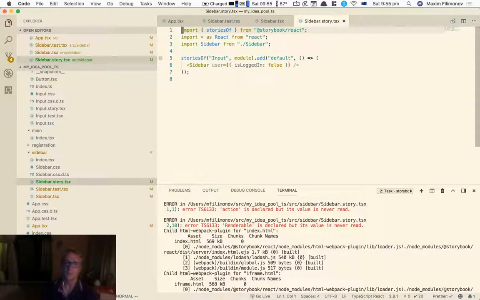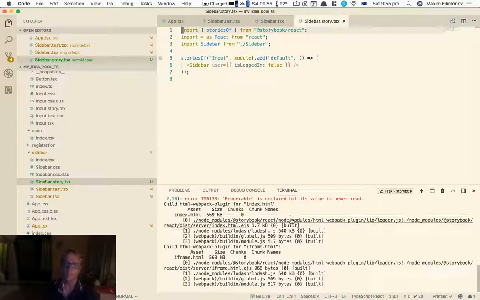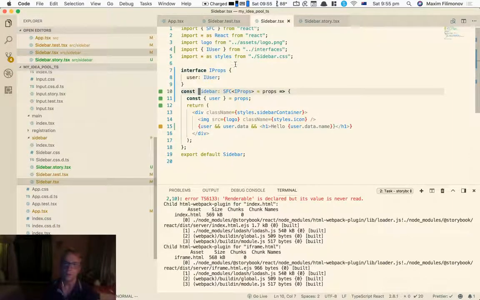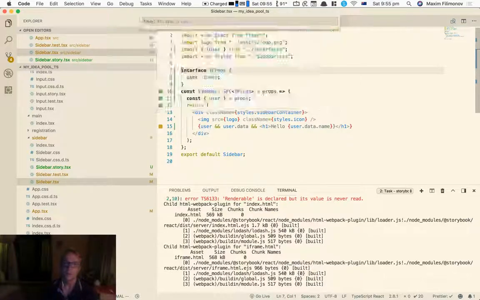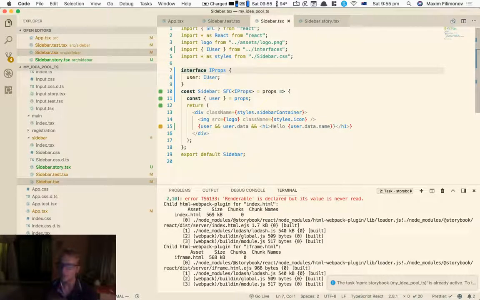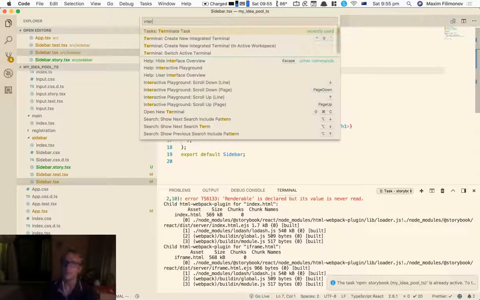The action I'm not using either. Yeah, Storybook is this weird thing where it kind of runs and then it dies, and it dies like